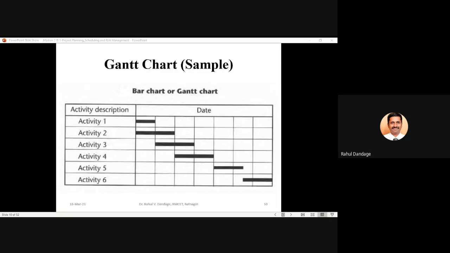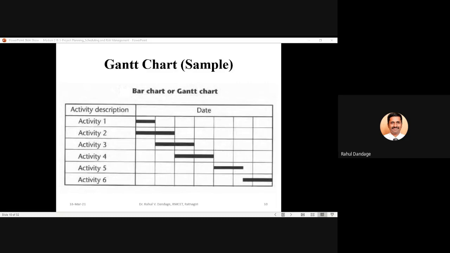So this is understanding the information from a given bar chart or Gantt chart. If you want to prepare your own Gantt chart, then you have to list down all the activities. You can go on marking the dates or the weeks over which that activity is going to be executed. So what is the starting point? What is the finishing point? Which are running parallel, which are dependent. All these things should be considered when you are drawing this particular bar chart.